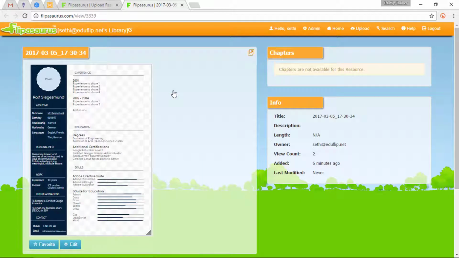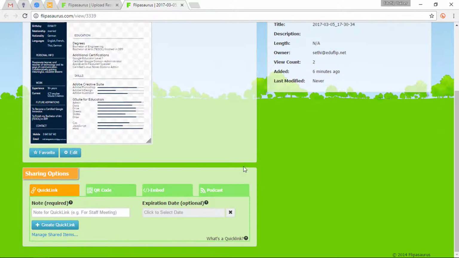And I am now in the Edit Resource tab. This is where you, as a teacher, have full control over what happens to your file. Not only can you see the view count and how often this resource has been viewed by your students, you can favorite it and you can edit the information. So when you click on Edit,